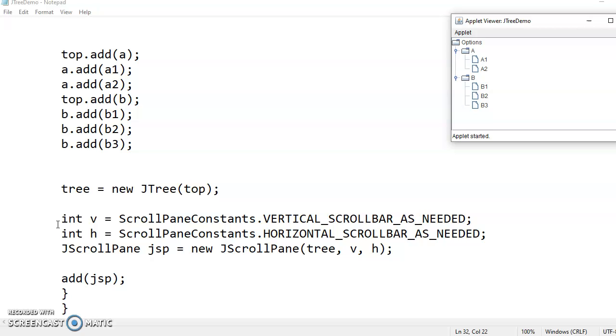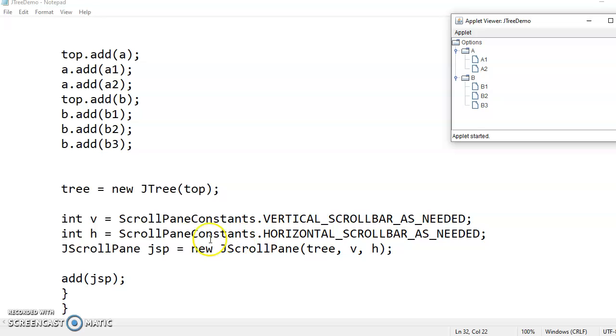So there is a component called JScrollPane. This scroll pane adds scroll bars, vertical as well as horizontal, in the two patterns. But sometimes there is a provision that a programmer can select if you want the scroll bars only when they are needed, or you want the scroll bar always available. Now as you have seen my file structure, it is not always available. They are available only when they are needed.